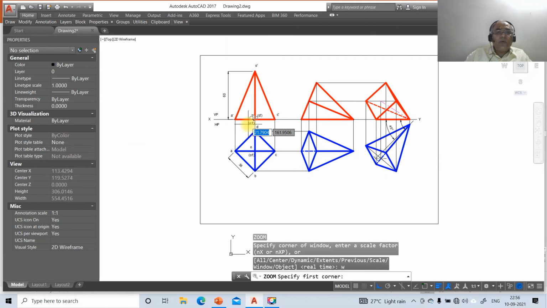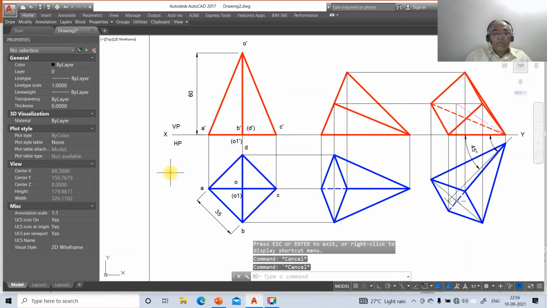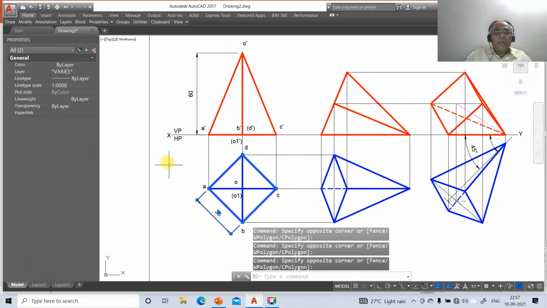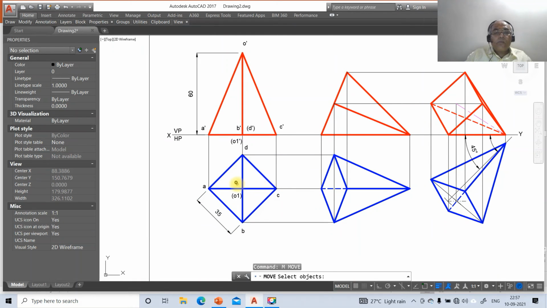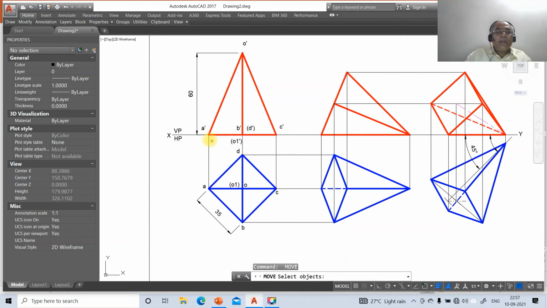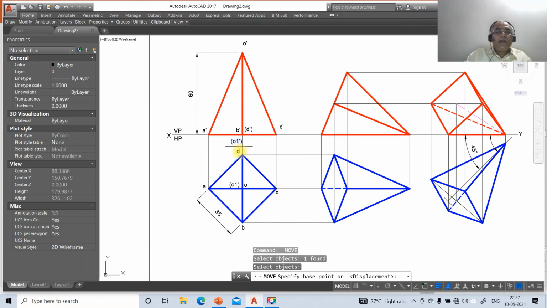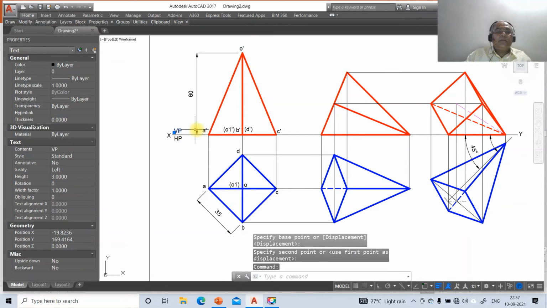So once you do that, then go to zoom window. So you just come down to move, switch off the ortho mode, move, take X, you take Y, you take VP, you take HP, you take A, you take move, O, O1, B, then C, then D, then A dash, then B dash, then D dash, then O1 dash, then C dash, then O dash, then you mark this VP,